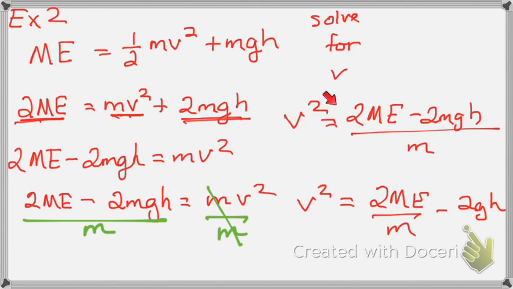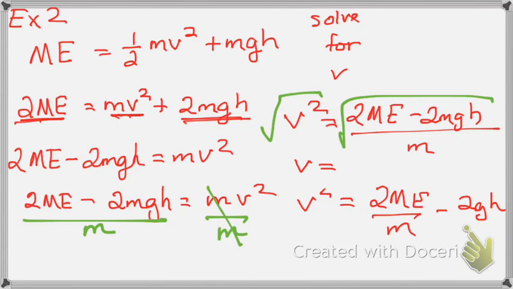Okay? Now I'm not done yet. I'm still trying to get v by itself, and this is what v squared is equal to. So what do I do to get v by itself? Square root both sides. So if I were to square root both sides, v comes out to be,